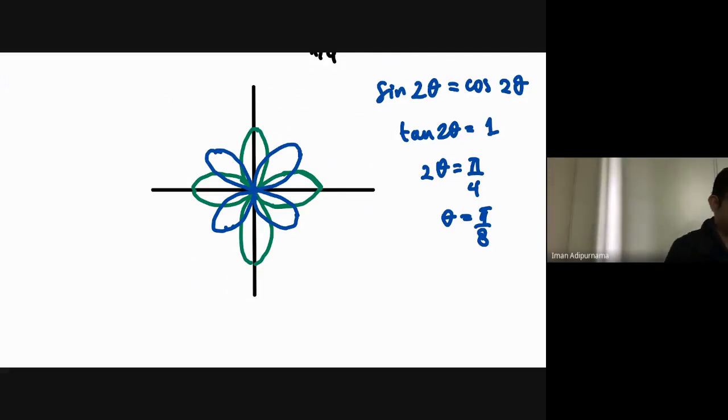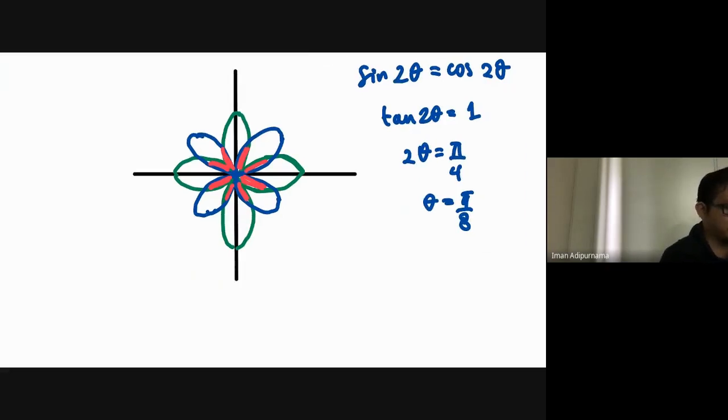And now, again, this is all identical, so all this area will be the same. So we can say that we have 8 areas, so the area will be 8 multiplied with